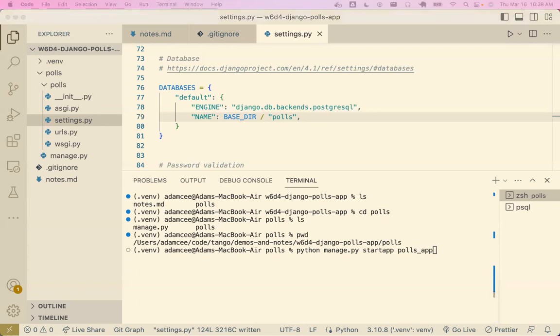If anyone has a good suggestion for the app name, feel free to share. I'm also doing a bit of Google to see what some good suggestions are. Polls. For the moment, I'll figure out a better name because I know it gets confusing with all this stuff, but we'll just call it